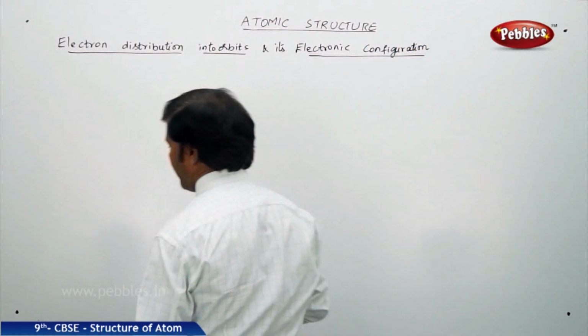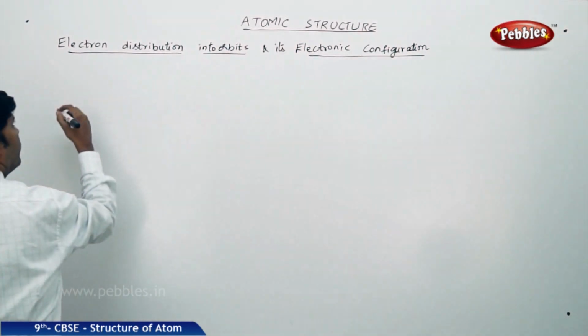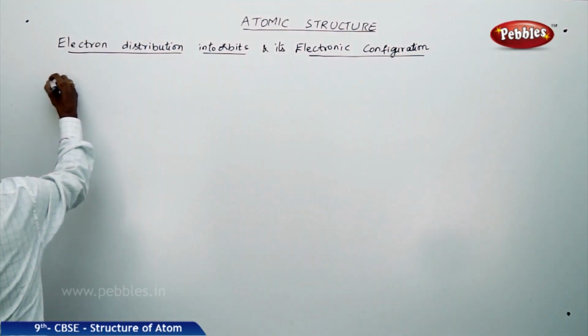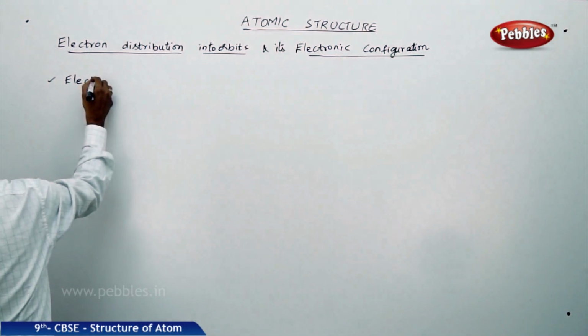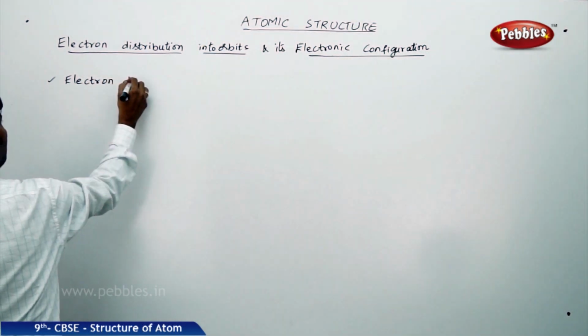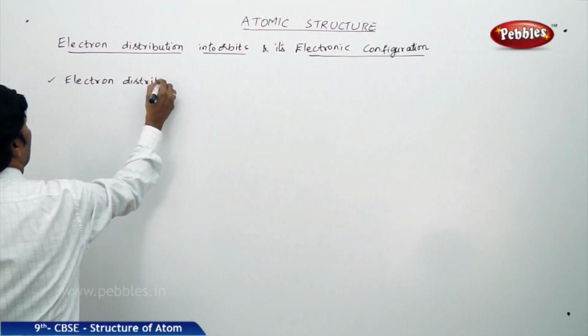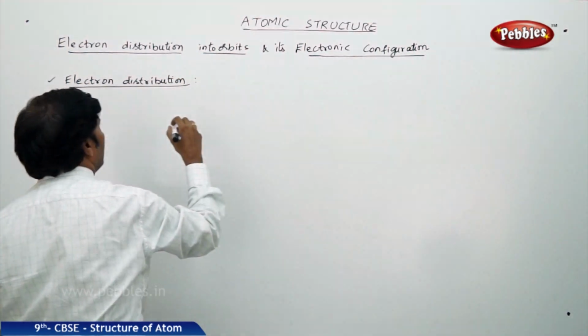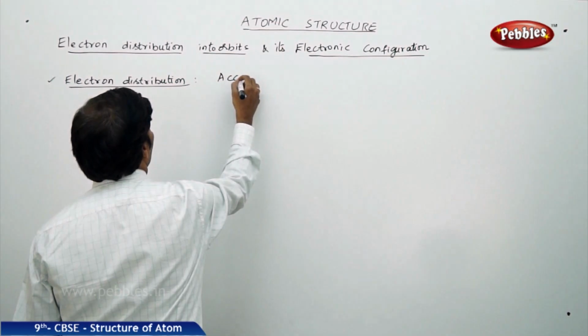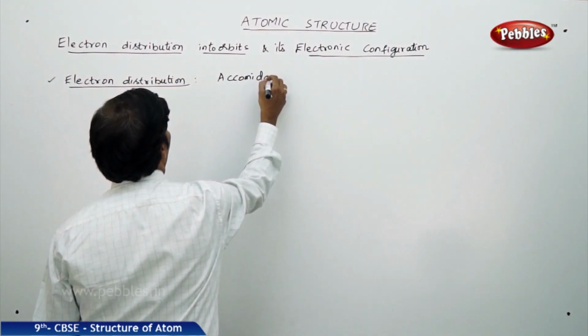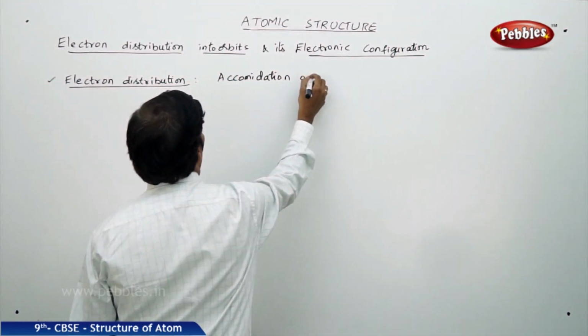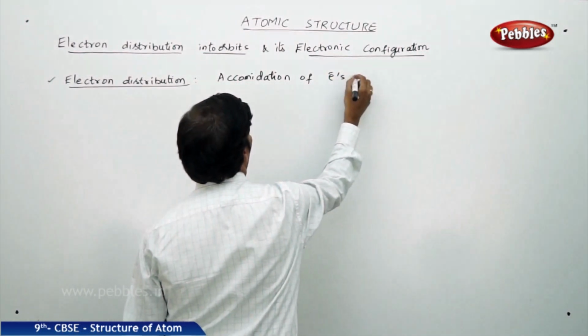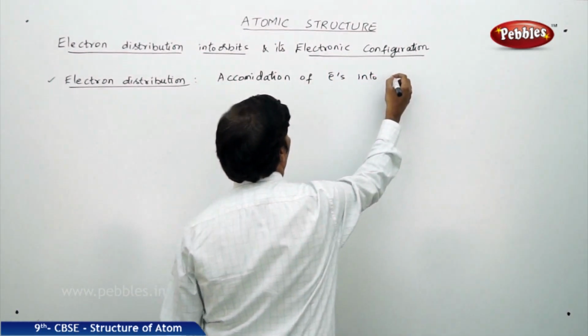When you go for it, what do you mean by electron distribution? Electron distribution is simply the accommodation of electrons into orbits